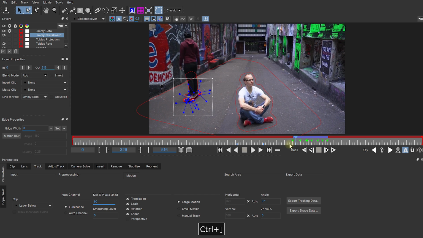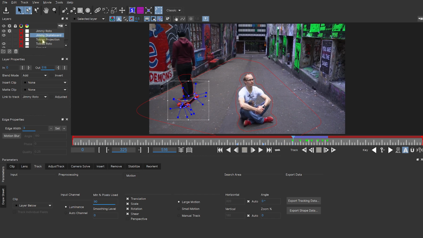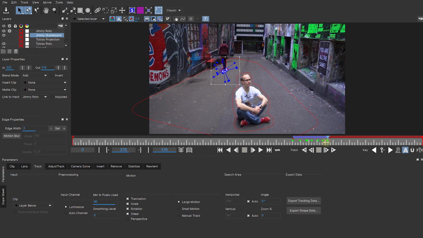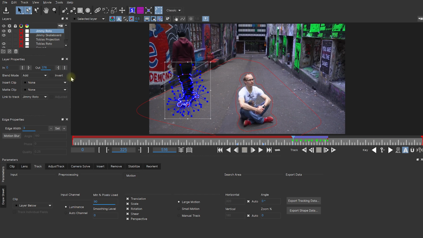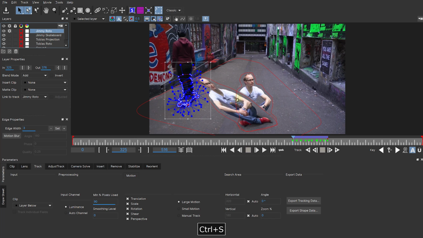I might just come to the beginning of these layers for the first keyframe for Jimmy's skateboard, set an in point. Let's come to the end and let's set the out point and do the same for the Jimmy Roto layer as well. Let's set the out point as well as the in point. It's just a bit easier. Let's re-enable the Tobias projection layer, save all of our data, and before we return to After Effects, let's quickly